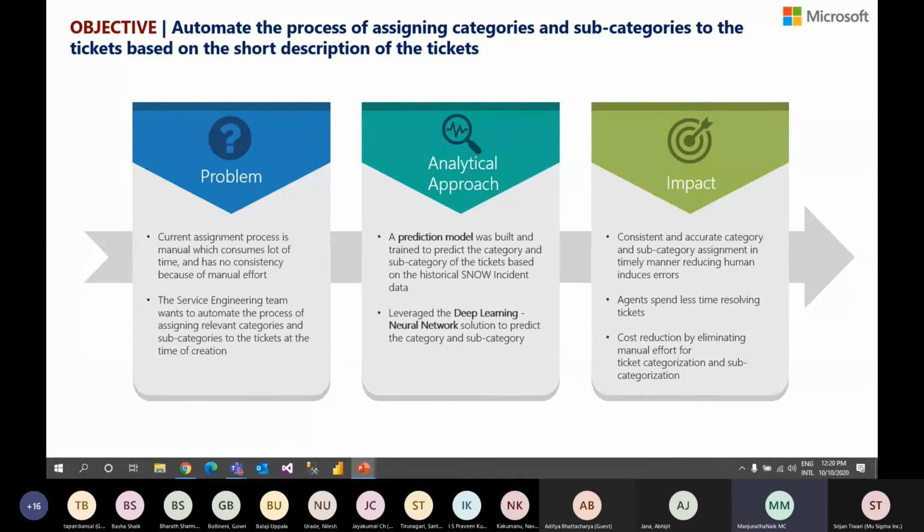The analytical approach we took here is to solve this particular problem. The prediction model was built and then trained to predict the category and the subcategory of the ticket based on the historical snow incident data. And then we leveraged deep learning neural network solutions to predict the category and the subcategory. We'll talk a little bit in depth about why we went for a neural network and not machine